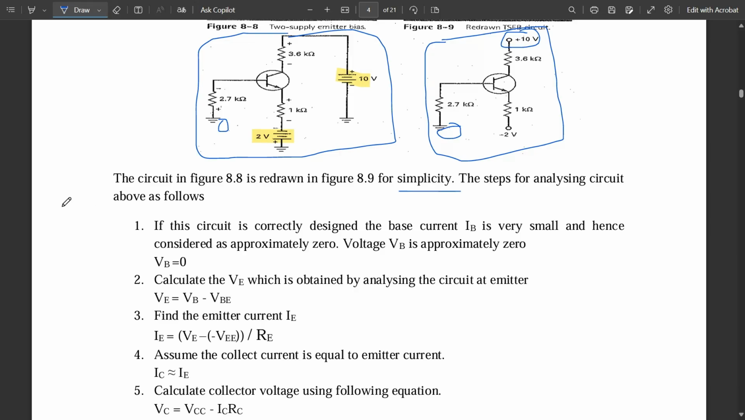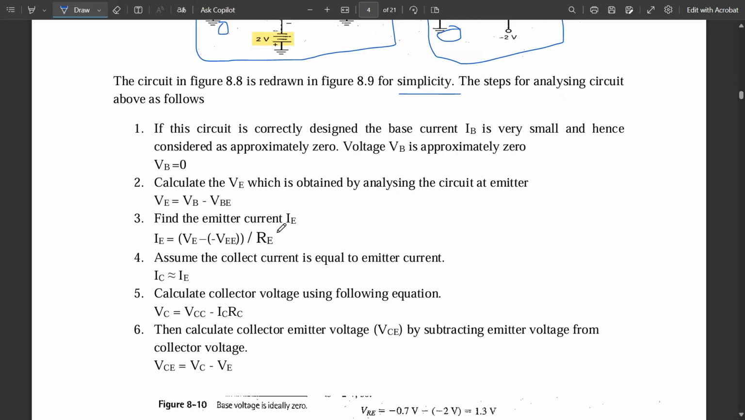The steps for analyzing the circuit above are as follows. So they have given the steps for analyzing the circuit also. So this would be clearing all your doubts. So let us read it one by one. First point,